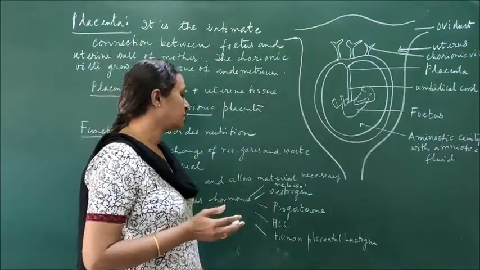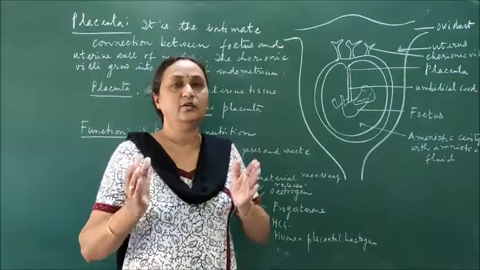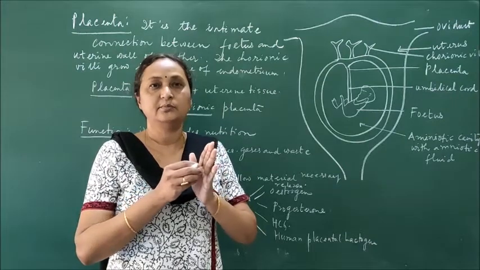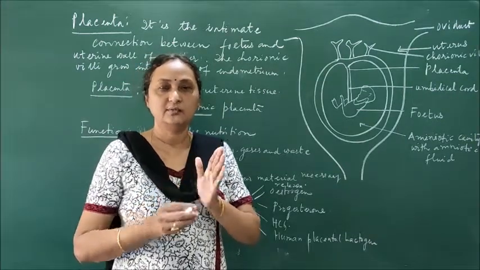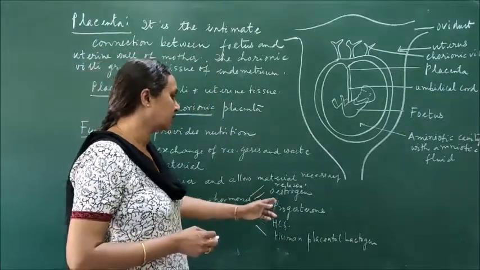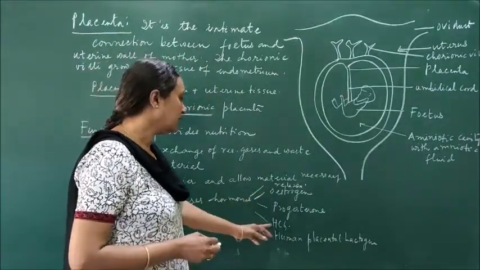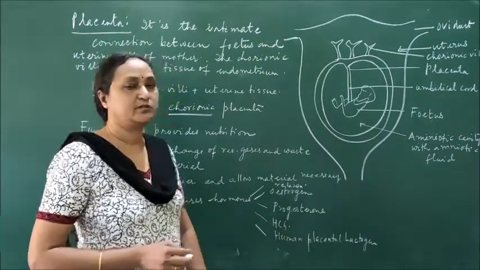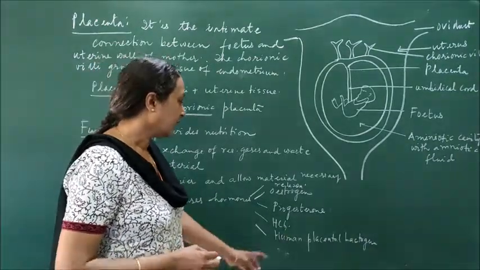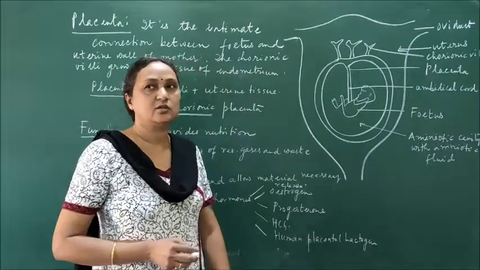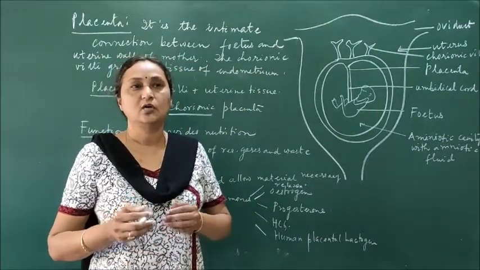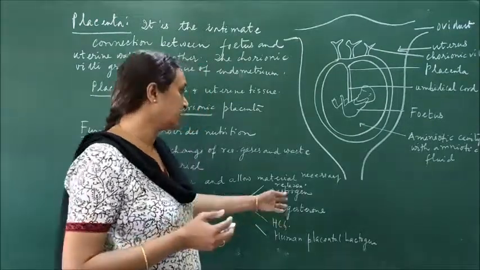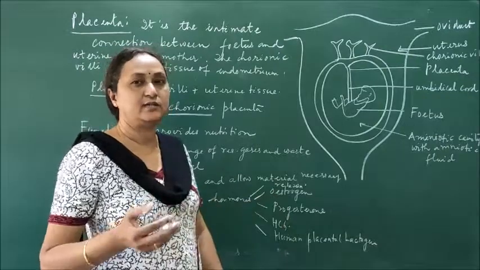And estrogen and progesterone, you know that they are responsible for maintaining the endometrium, because the endometrium is a cushion and thick layer which helps in the fixation of the embryo or the fetus to the wall of the uterus. So for the maintenance of the endometrium, there is release of estrogen and progesterone from the placenta. Human chorionic gonadotropin, the gonadotropin, is the sex hormone which is responsible for the maintenance of the sex organs. And human placental lactogen is responsible for lactation, or for the secretion of milk after the delivery of the baby. So these are all the different hormones which are produced from the placenta, and these are all the different roles of the function.